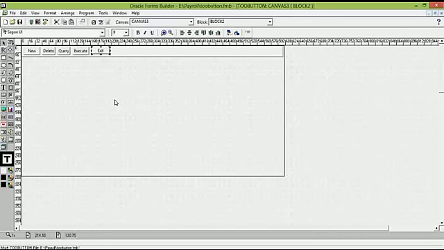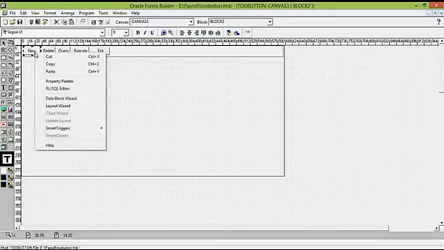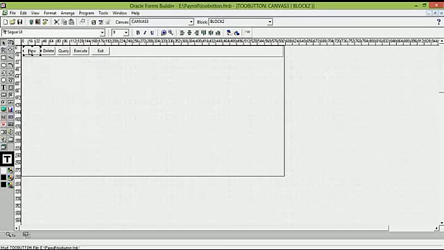So now we will put the PL/SQL code on this button. Just click on the button and right click on it and go to the PL/SQL editor, or you can select the button and press F11.